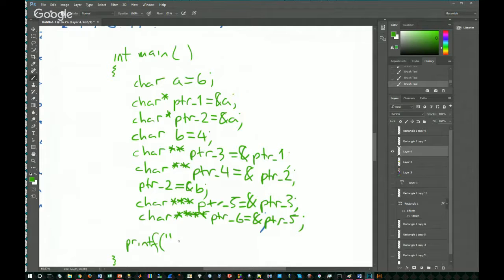So I'm going to print %d 1, 2, 3, 4, 5, 6. So %d, %d, %d, %d, %d, %d. And then I'm going to print out star pointer 1, star pointer 2, star pointer 3, star pointer 4,